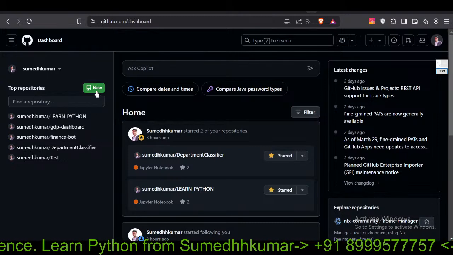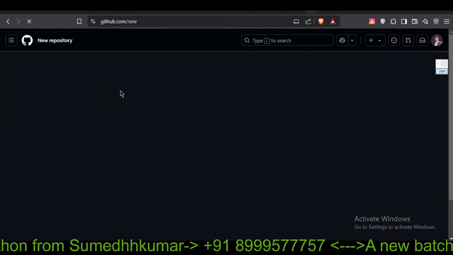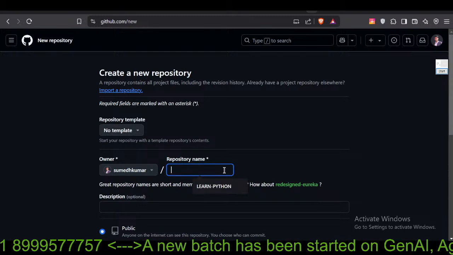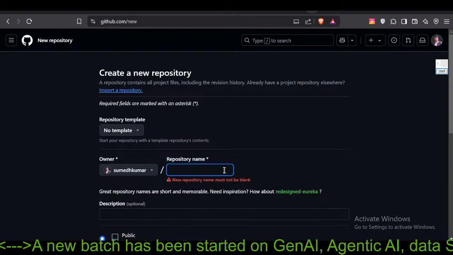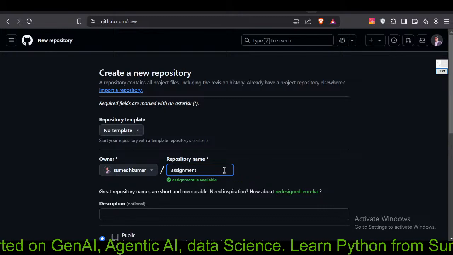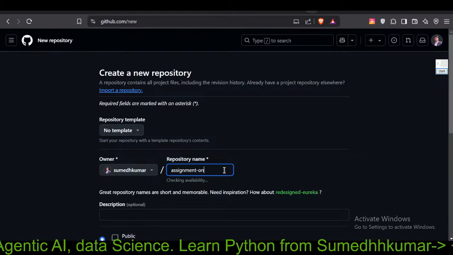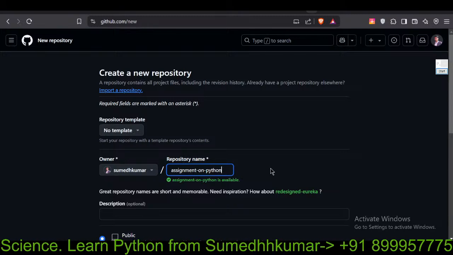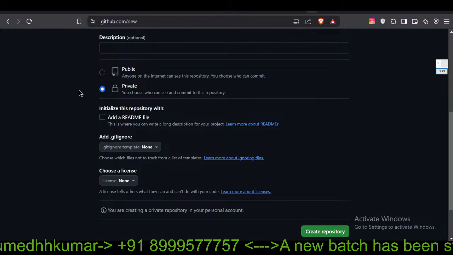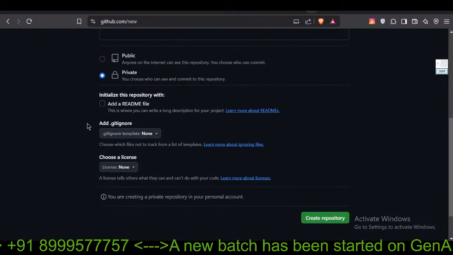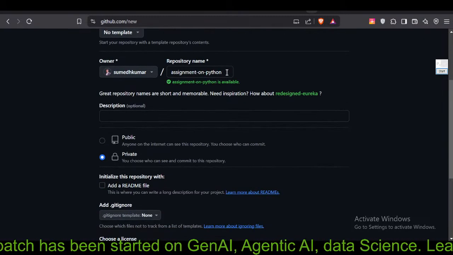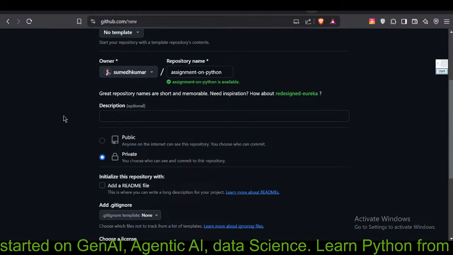So what you have to do is you need to click on the new, ठीक है। न्यू प्रोजेक्ट पे क्लिक करना है, और you need to create a repository. उसमें लर्न पाइथन कर लो, या फिर whatever name, like हमने जो असाइनमेंट है ना, you can say असाइनमेंट ऑन पाइथन, ठीक है। ऐसा कुछ यूज कर लो, ठीक है। और इसको प्राइवेट कर देना, ठीक है, क्योंकि फिर अगर तुम पब्लिक करोगे तो it will look like people can see it, ठीक है। इसको प्राइवेट कर दो, ठीक है। तो हम क्या कर रहे हैं, एक प्रोजेक्ट क्रिएट कर रहे हैं, एक प्रोजेक्ट बना रहे हैं जिसके अंदर we will push our assignments। तो आपका गिटहब का प्रैक्टिस हो जाएगा, ठीक है।